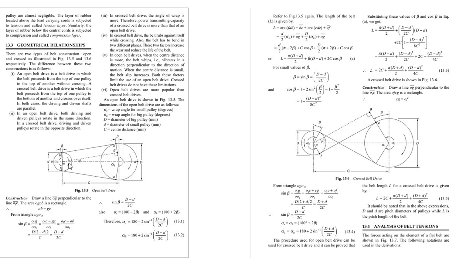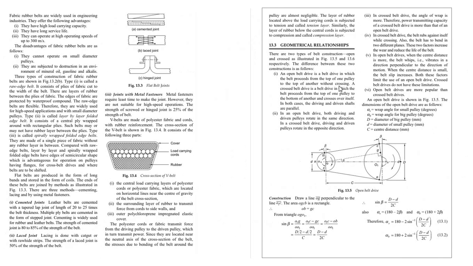Cos beta is equal to O1G divided by O1C. So we are writing here C into cos beta. So we'll get L is equal to pi into (D plus d) by 2 plus beta (D minus d) plus 2C cos beta. We are considering small values of beta, as the angle beta is much smaller than alpha B and alpha S. So we can neglect the sin beta. We will get